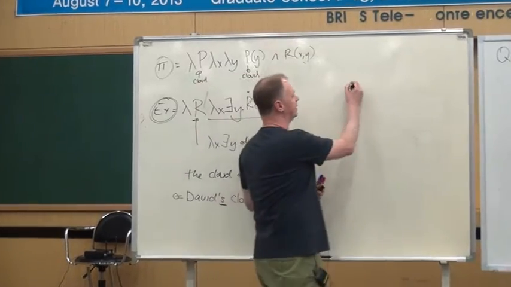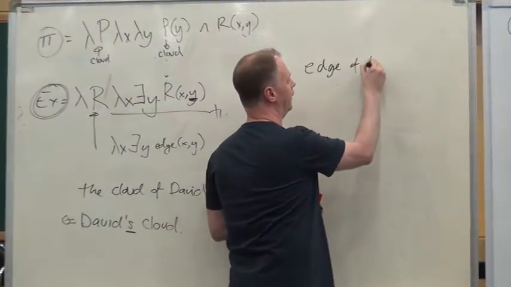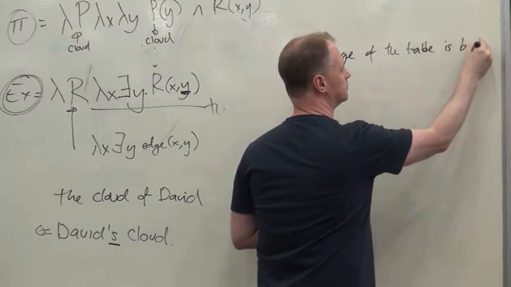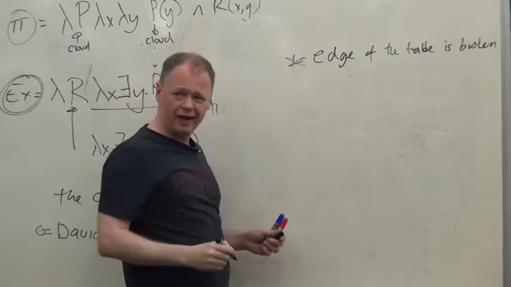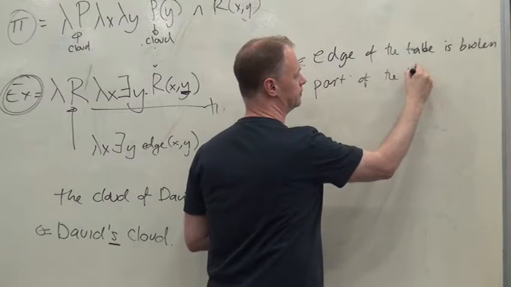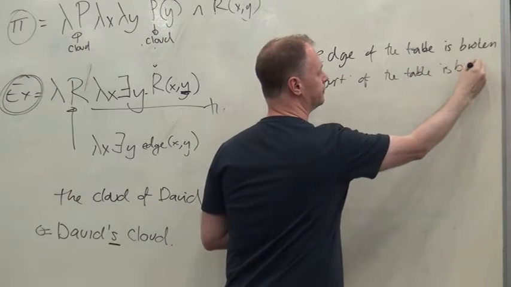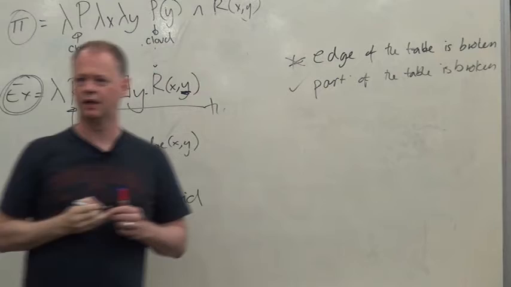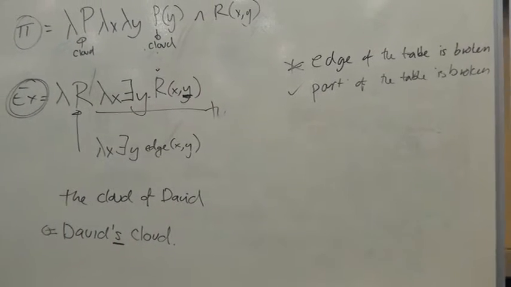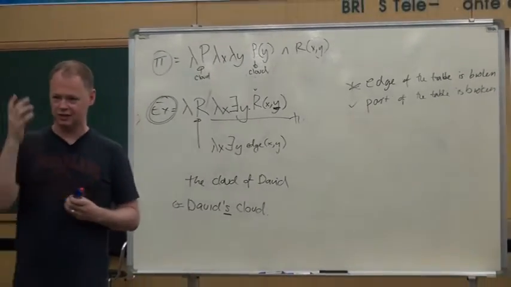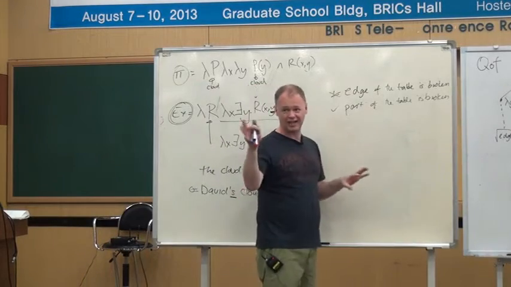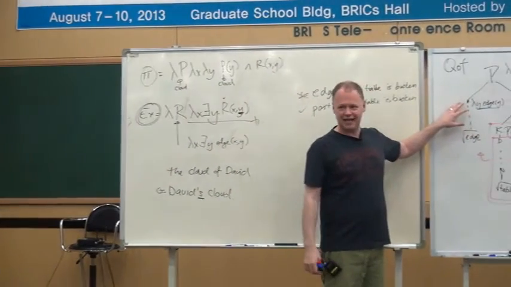So, you can't say in English "edge of the table is broken," right? Weirdly, you can say "part of the table is broken." Part is doing some funky stuff, right? Because normally you don't get to use nouns like this. So in answer to your actual question, the obvious answer would just be